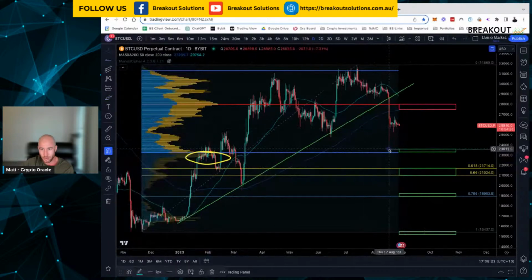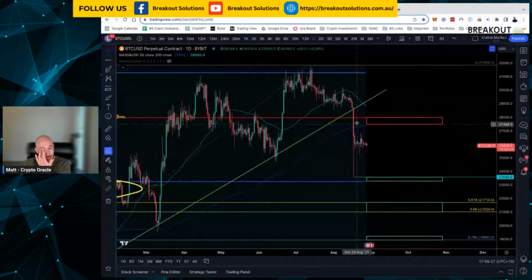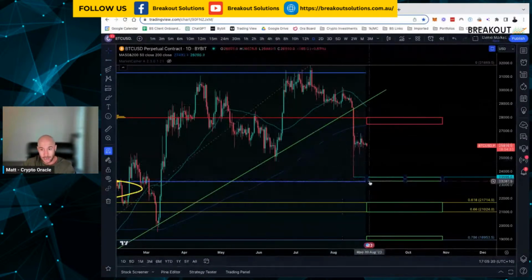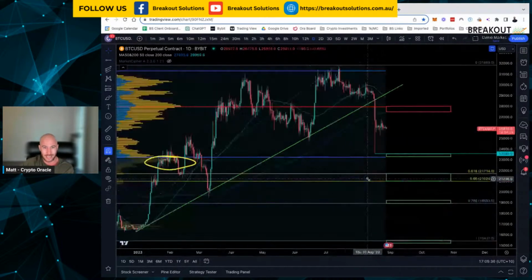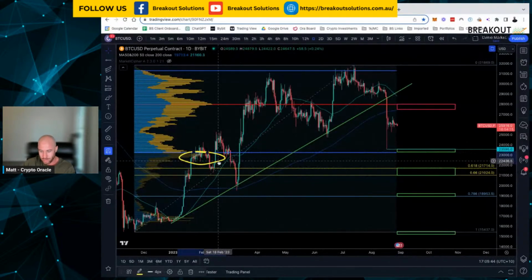Now, swing failure pattern is when price action looks like it's going to just start dumping down, much like here. And a lot of traders are breakout traders, so they'll start shorting the absolute lows. This builds up a lot of liquidity, and then we get the whales to send it in the opposite direction. So this is definitely a buying zone or a longing zone for me personally, this value area low and the swing failure pattern just below